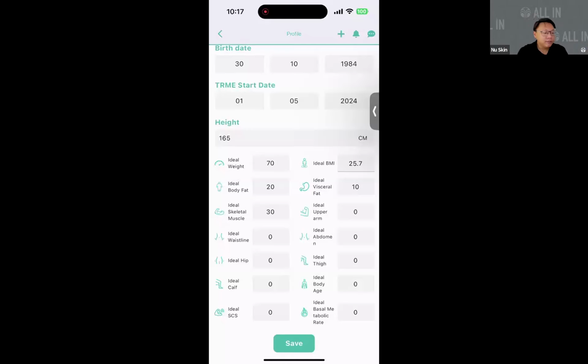Okay, for consultants, the below pages are for you to advise your customers what will be their ideal weight. Okay, so set some realistic goals with your customers. At the end of the 90 days program, how much do you want your customer to lose so that they can input it here?